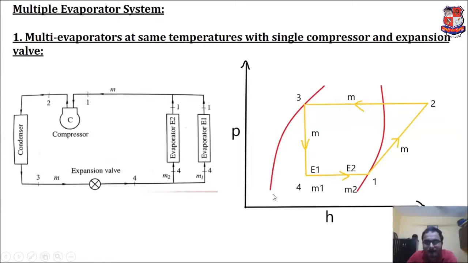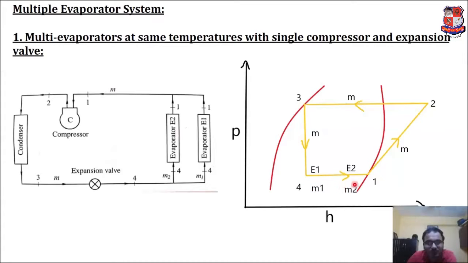Now this is the pH diagram for this arrangement here. We will first begin with point number 1 is having mass M. So we will be beginning from this point. Now from 1 to 2 is compression, 2 to 3 is condensation, 3 to 4 is expansion, and here 4 to